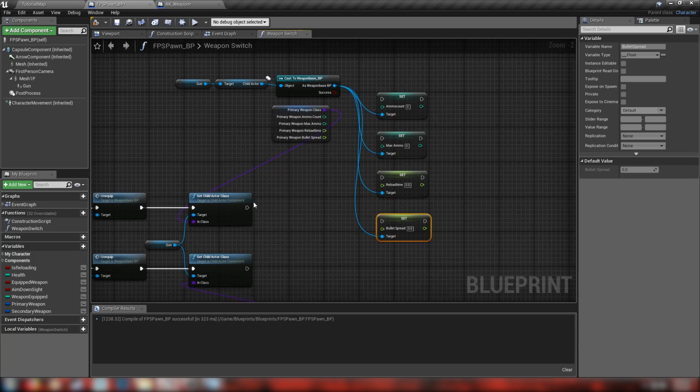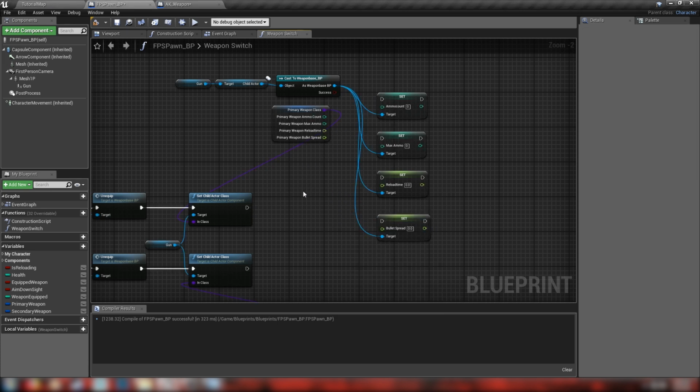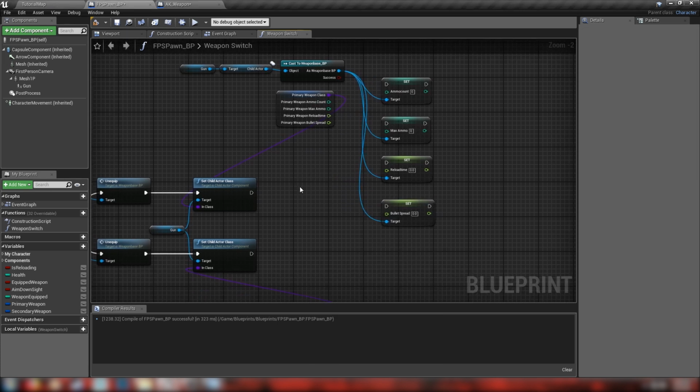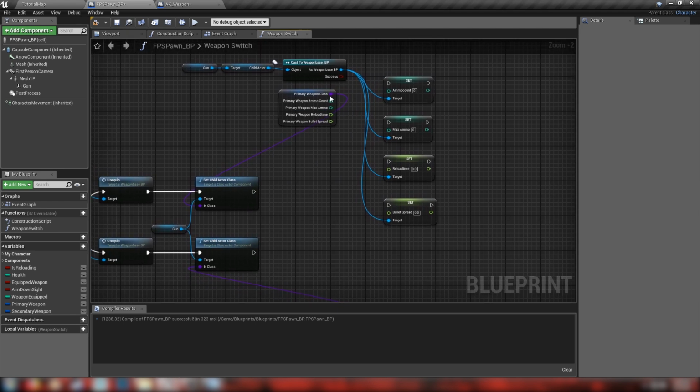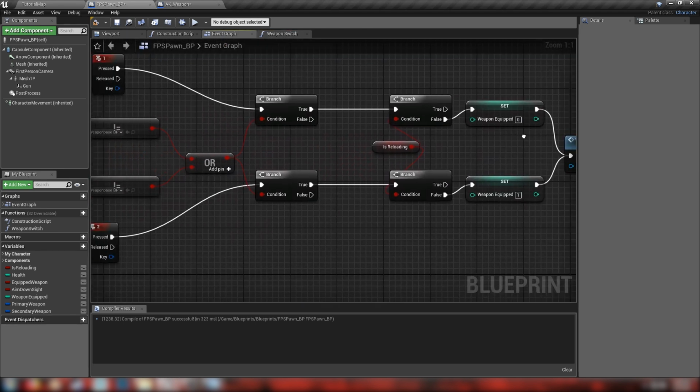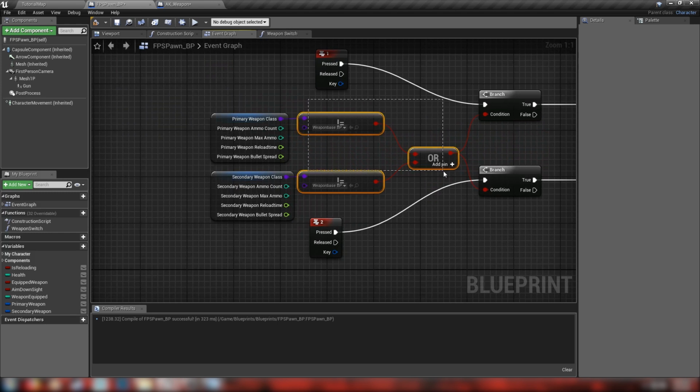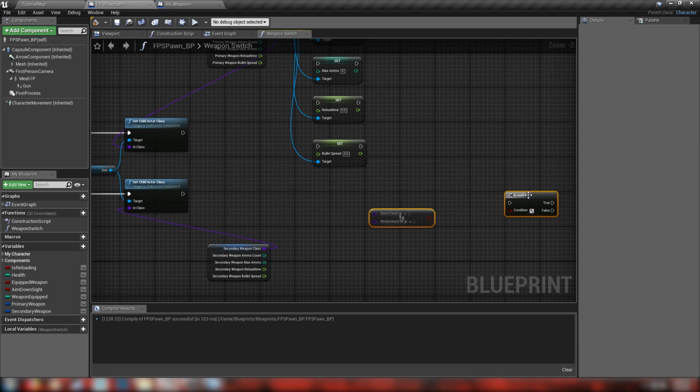Okay, and with that done, we'll hook all these guys up. I've done this in a way that's... I'll stack them all up here just so it's a bit easier to see on one screen. Although we also have to check that we aren't holding our basic weapon-based blueprint, similar to the way we did at the front here. So I'll grab this and this, just copy, and then paste them over here in our function,